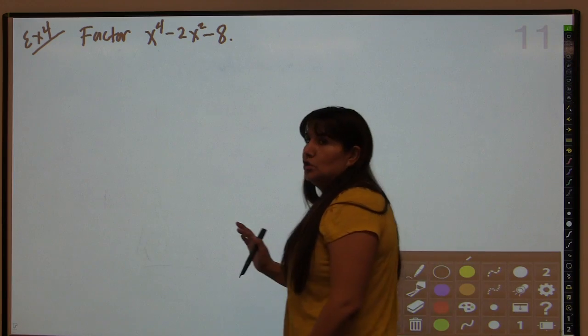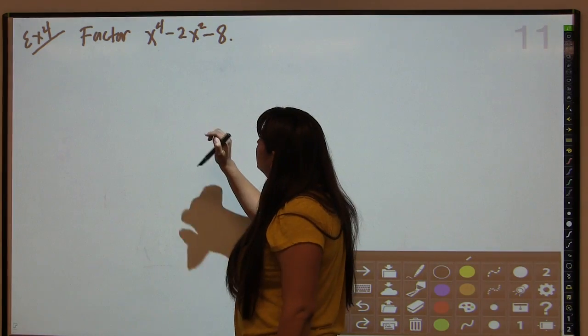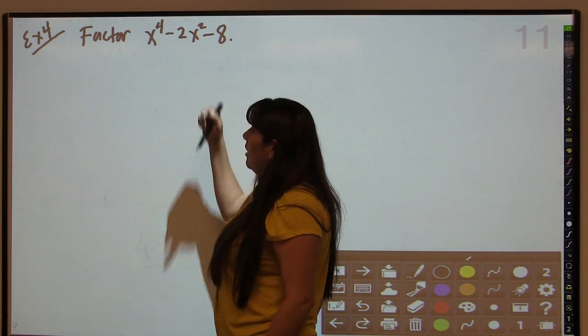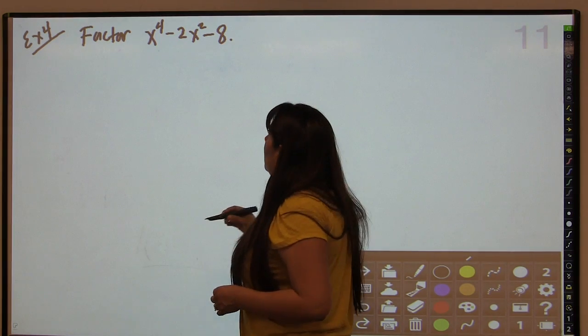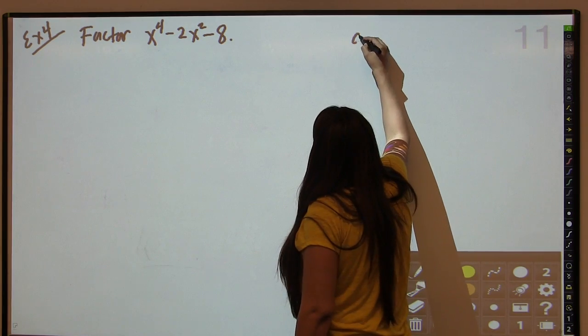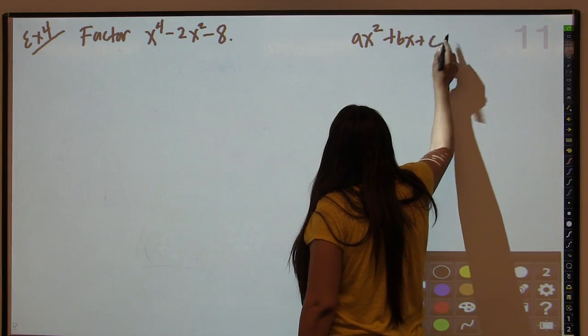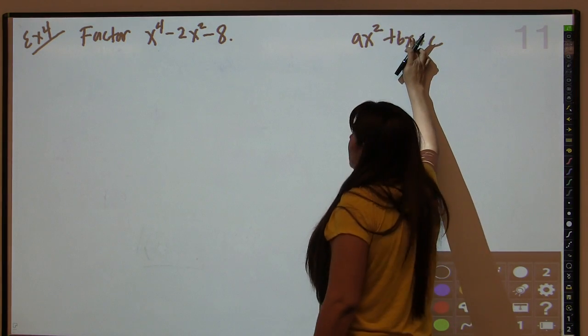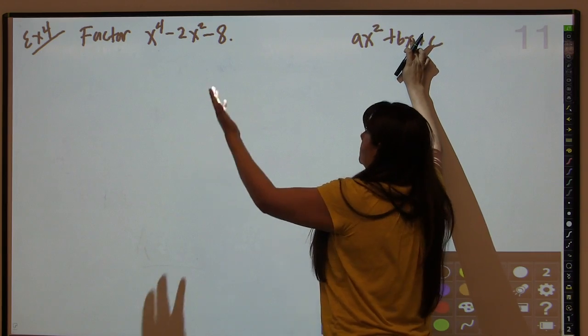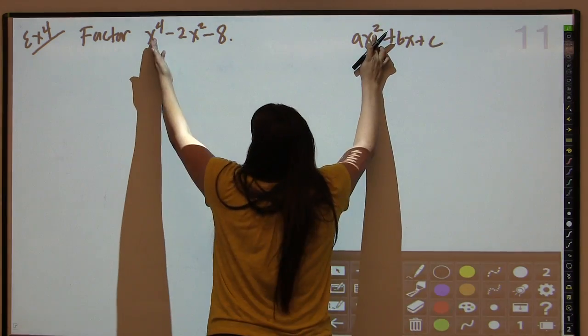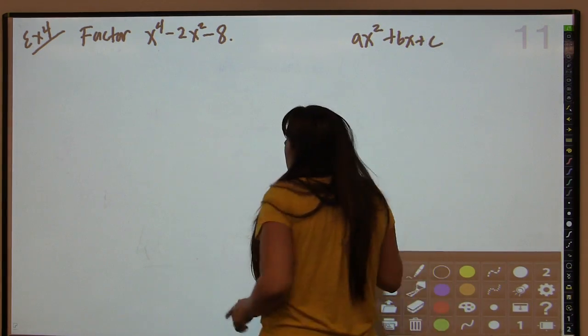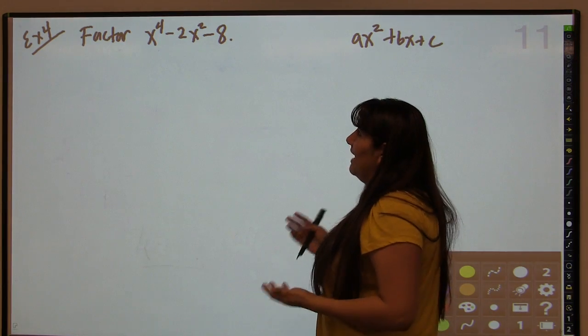You'll notice that this looks like a quadratic, but it's got x to the 4th and x squared instead of x squared and x. Normally we like to see the quadratics ax squared plus bx plus c. So this is a 2, this is a 1. And that pretty much looks like it got doubled. This 2 became a 4, and the 1 became a 2. But believe it or not, we can actually factor this